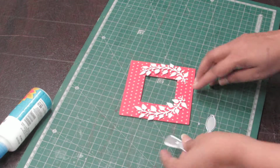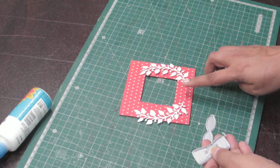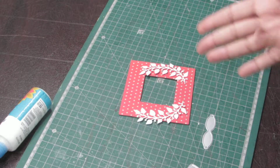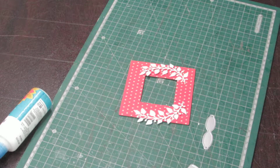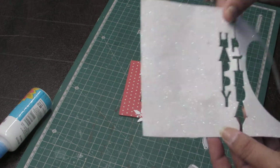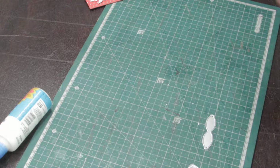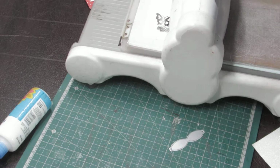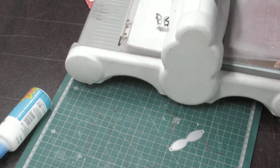Okay, so I have decided that I want to make white bow here, but not just plain white. I have one sparkling white paper. I'll show you in a minute. So it is like something like this. It has this shining effect. So let me just grab my machine and cut this white piece with this die here. I'm just going to run this,